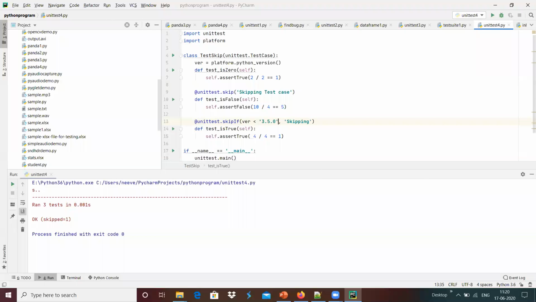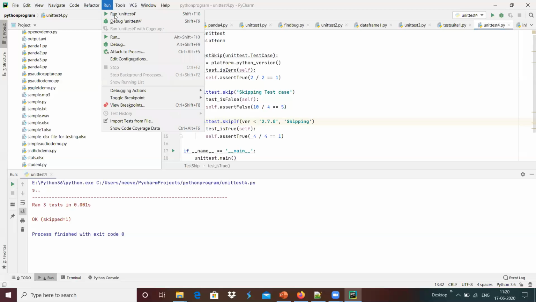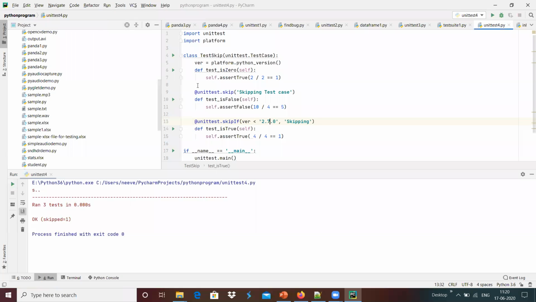In case of Python version 2.7, then this test case has to be skipped. If we wanted to do that, we are able to do that with this help.